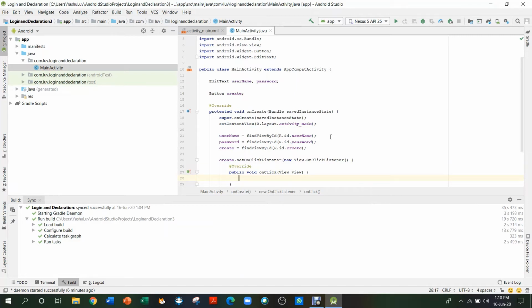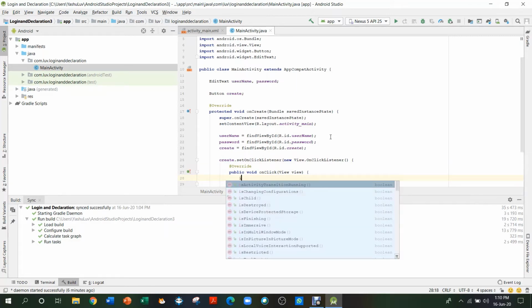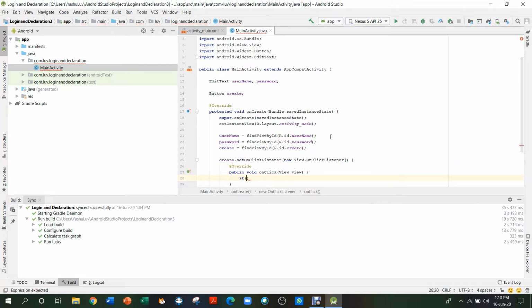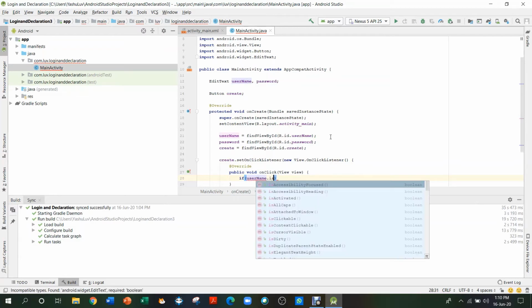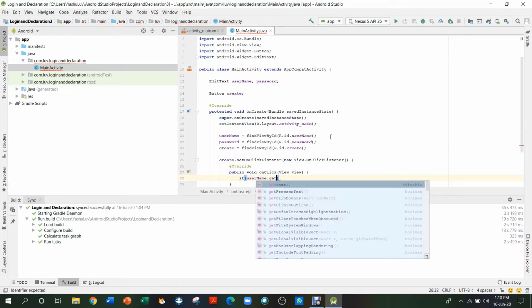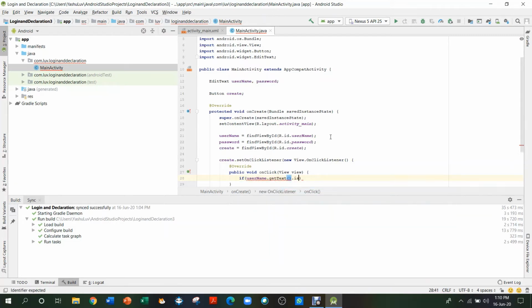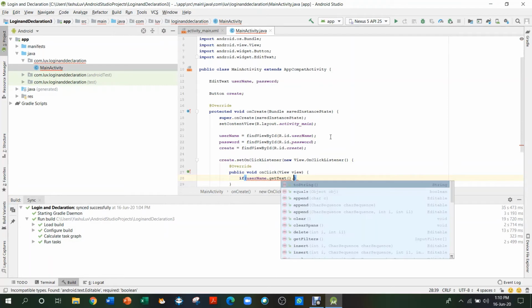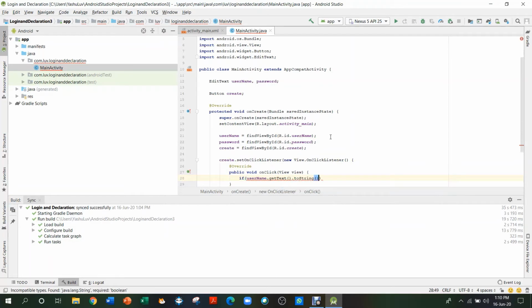So firstly we are going to add an if statement: if username dot getText dot toString dot isEmpty,